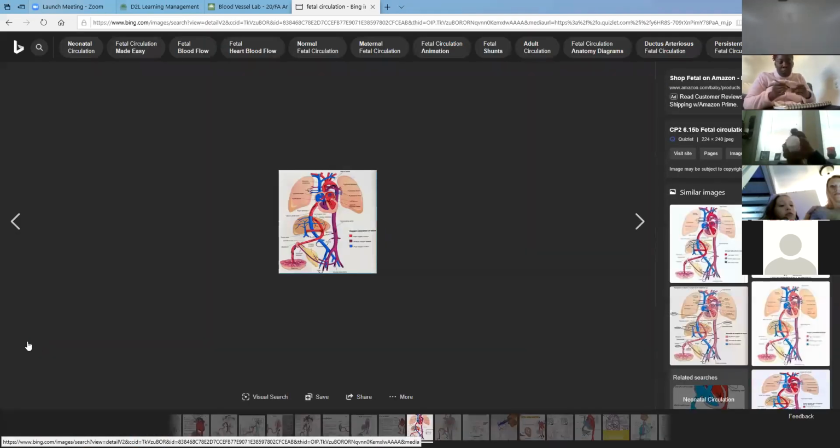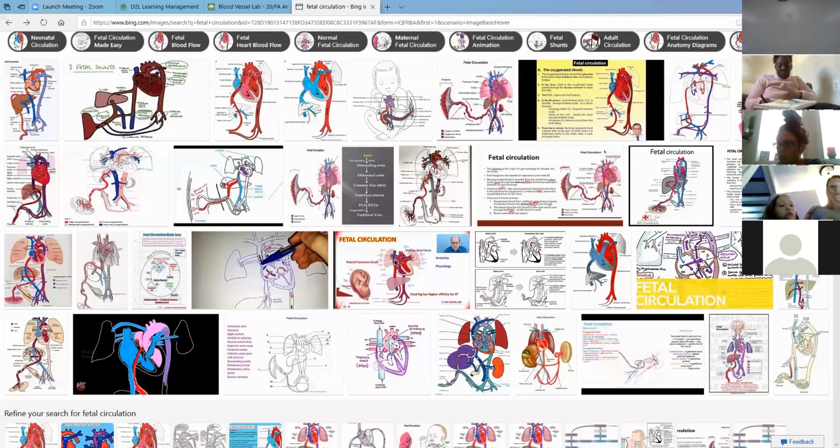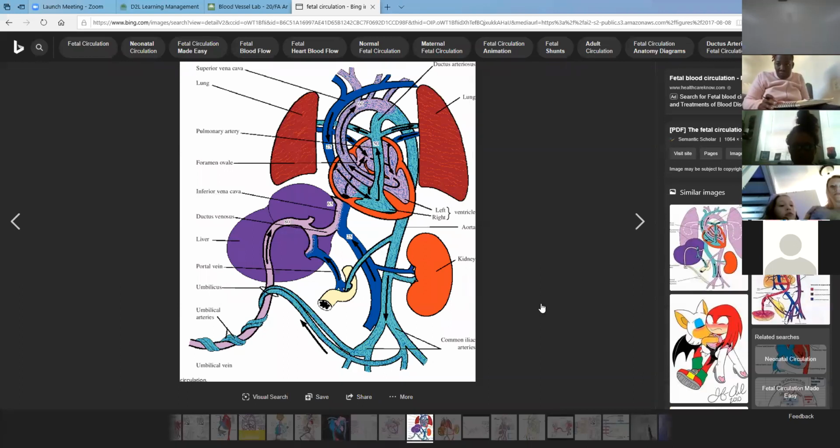That was pretty small. Can we get bigger? That one's better. Does it show ductus venosus? Okay, so